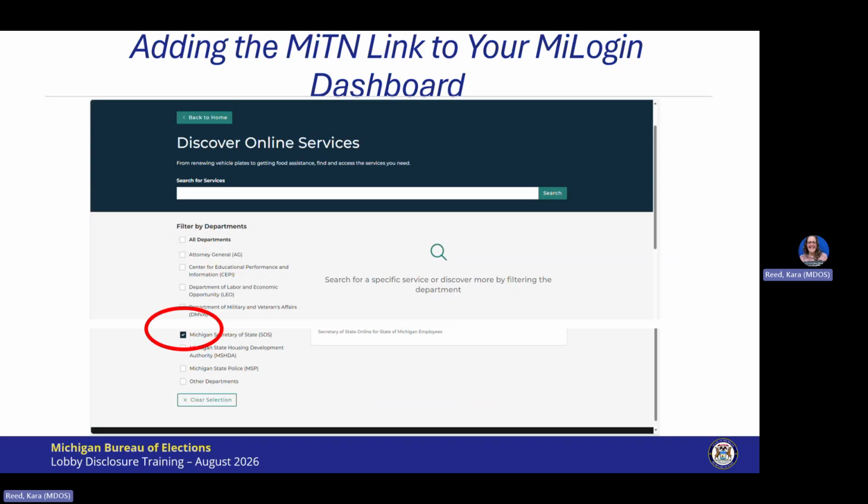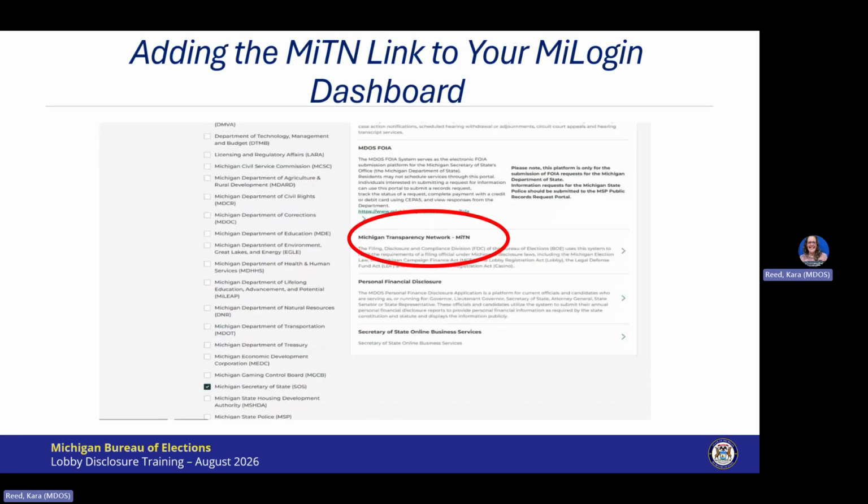The other way to search is scrolling down the screen under Filter by Department and check the box next to where it says Michigan Secretary of State. You will see this circled in red on the slide. Notice how you now see on the right side the list of all online services available by the Department of State. You're going to locate and click on Michigan Transparency Network.